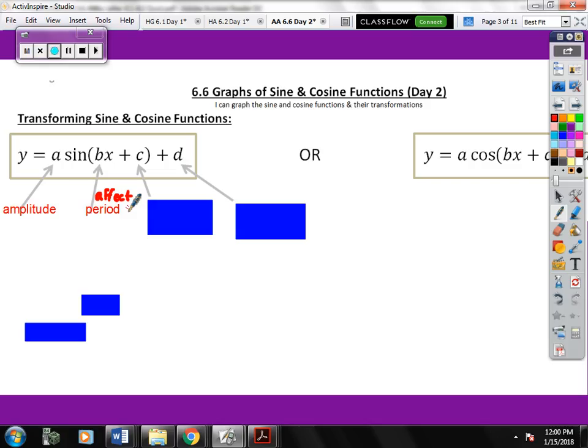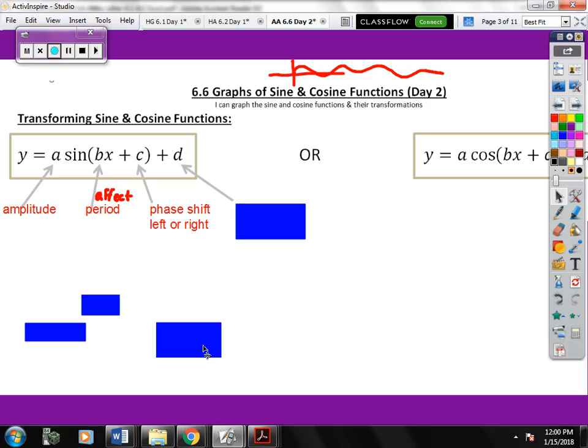So you remember the sine and the cosine graph essentially look like this. Okay. The C value is a phase shift, which will be left or right. And the D value will be a vertical shift up or down. And then the cosine graph, the variables are the same, so I'm not going to rewrite them, but remember the